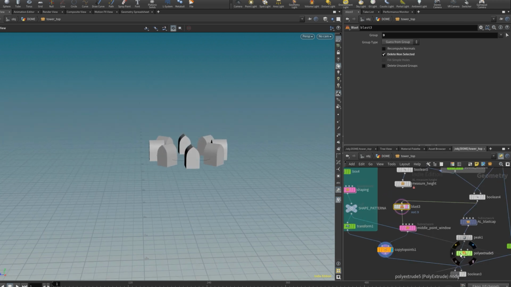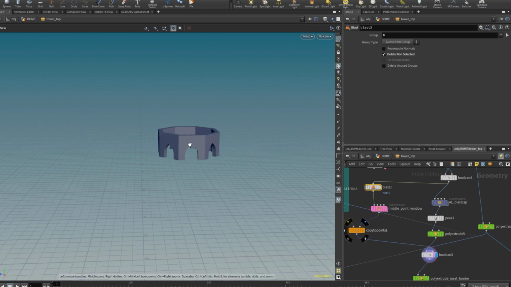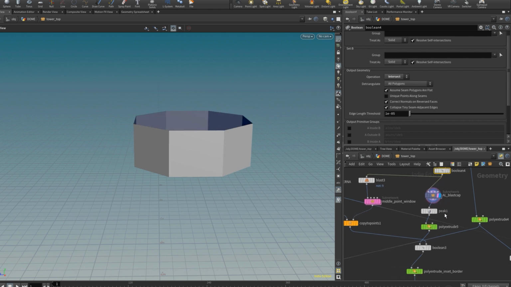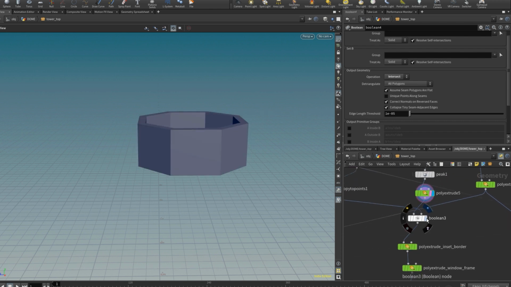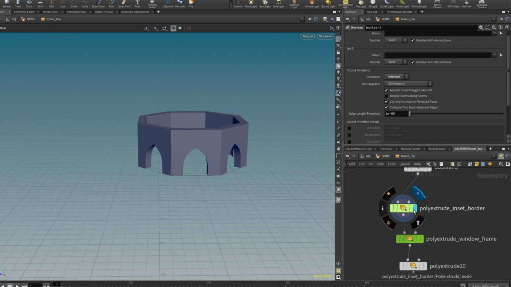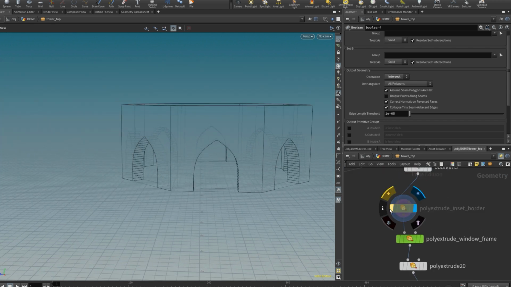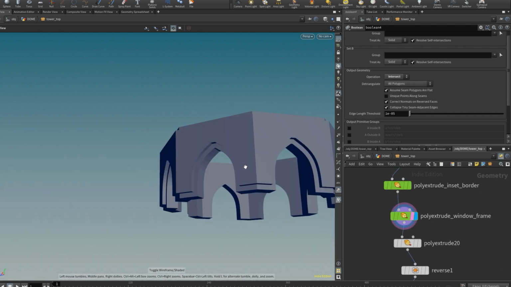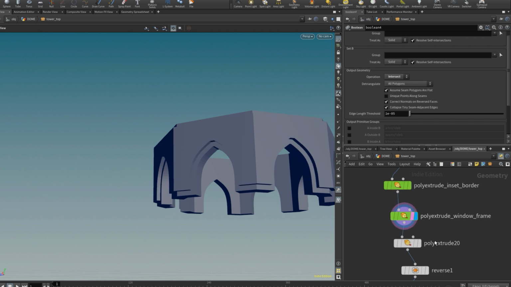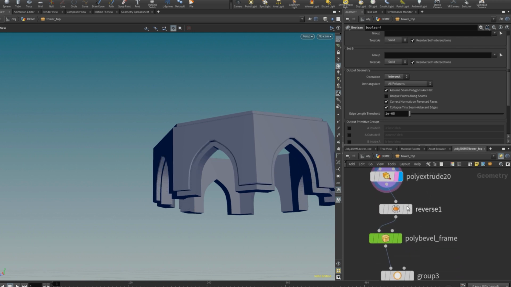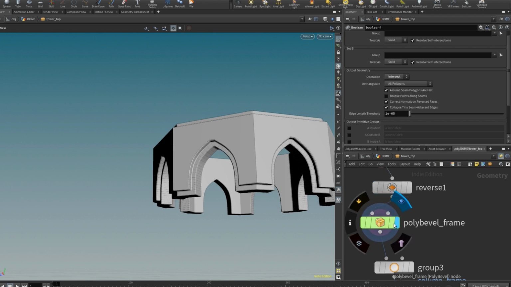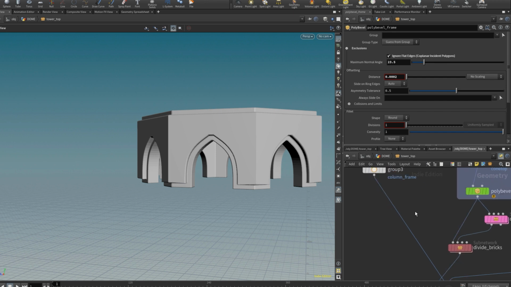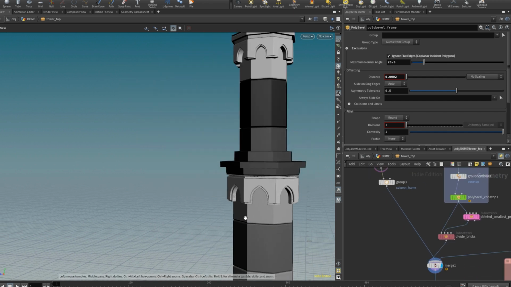So in here, I'm working mostly on the middle section that transitions with the other level. So we have this area and doing some extrude, creating these window holes and things. Like you can use an inset. It's always a nice way to add some kind of Gothic features and re-extrude it afterwards. So yeah, little bevel in this case. And yeah, you get something pretty nice. All right, so this area is all good.